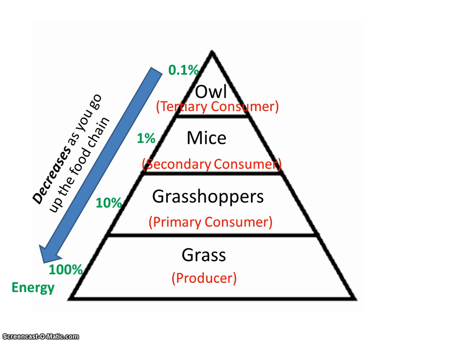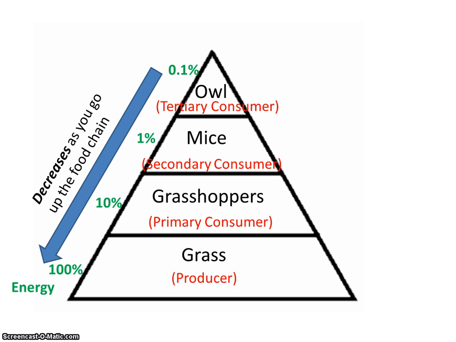Mice don't just eat one grasshopper. They might eat 10. They might eat 20. And throughout their life, they're going to eat even more than that. Same thing with the owl. It's not just going to eat one mouse. So pesticides actually build up as you go up the food chain, and that's called bioaccumulation. So organisms at the top of the food chain actually get a higher concentration in them of pesticides than the grass. So when we spray our crops with pesticides and herbicides and all of that stuff,